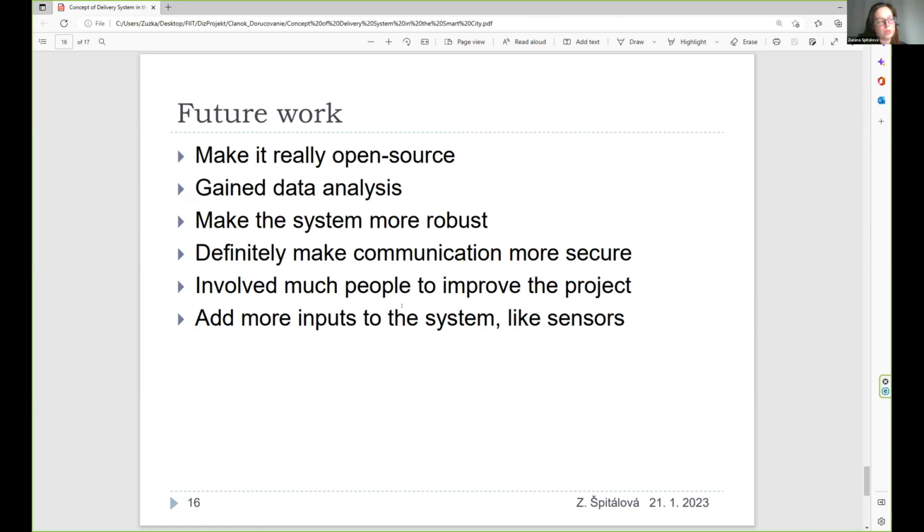So now we would like to use this application with an electric scooter, which will have some sensors which are able to gain other data, and all this gained information will be processed by our backend. So this is some brief information about the future work.